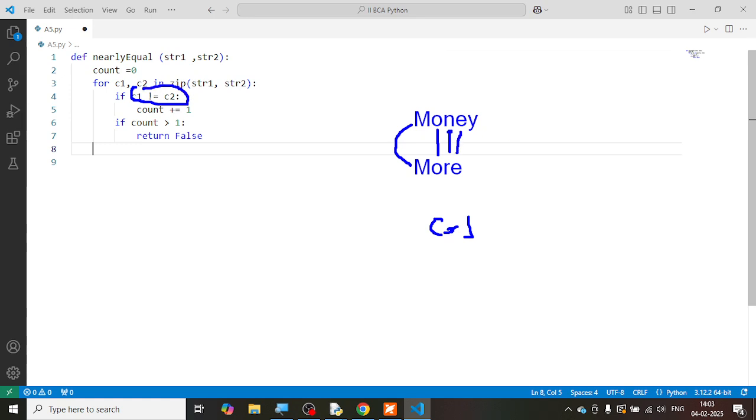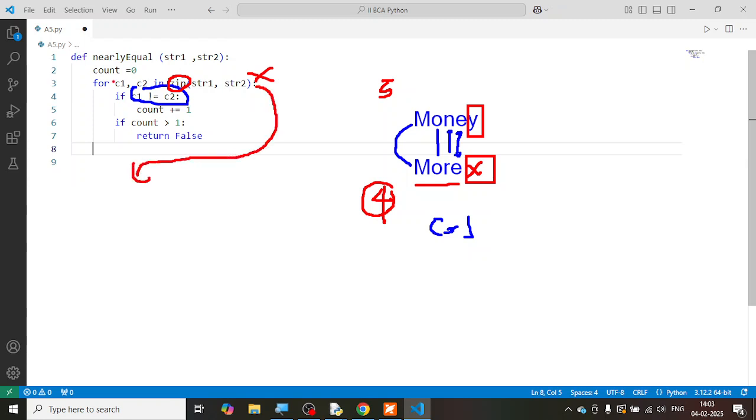Now E is matching. But what is the problem with the remaining? You have one extra character over here, but you don't have anything in this location. So what zip will do is, when one of the strings ends, for example, the length of this is 4, the number of characters is 4, and the length of the other is 5. It will take the shortest length. Whenever one string ends, whether the first or the second,